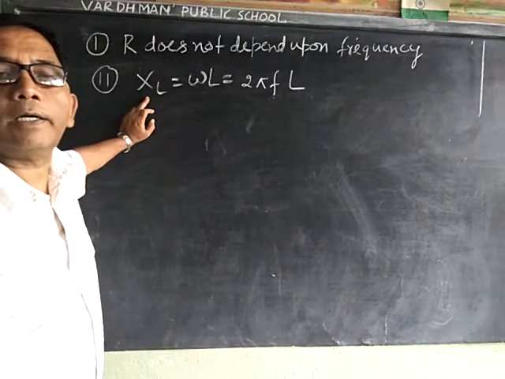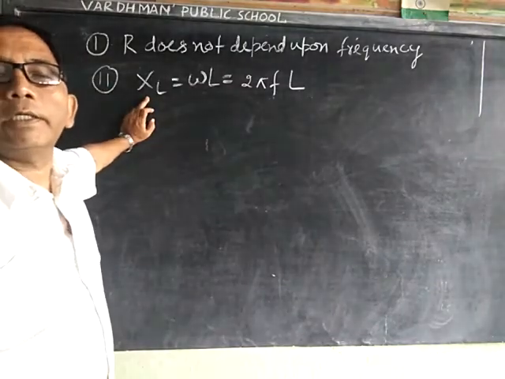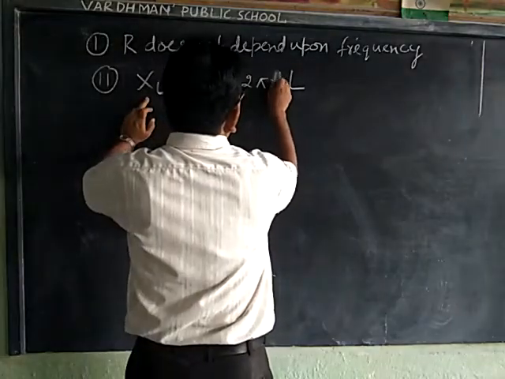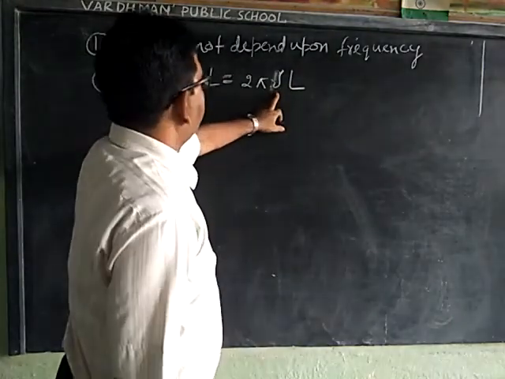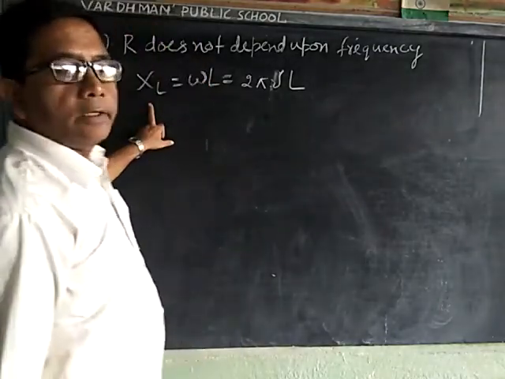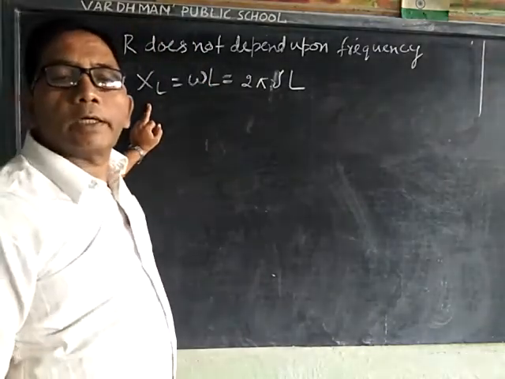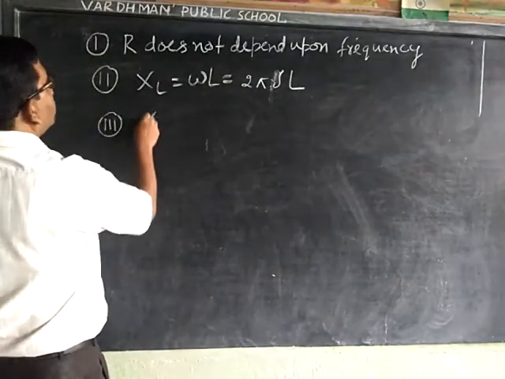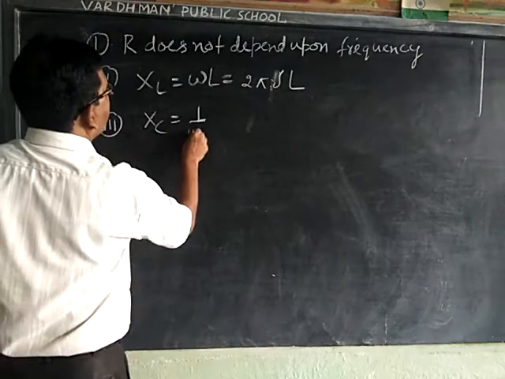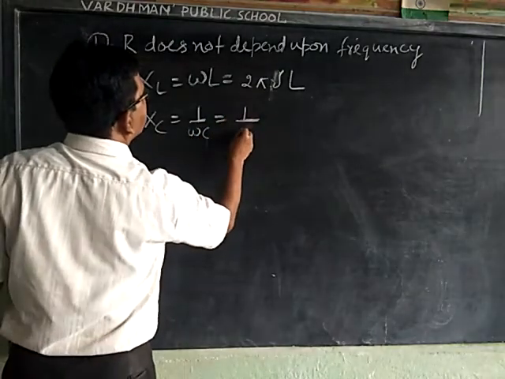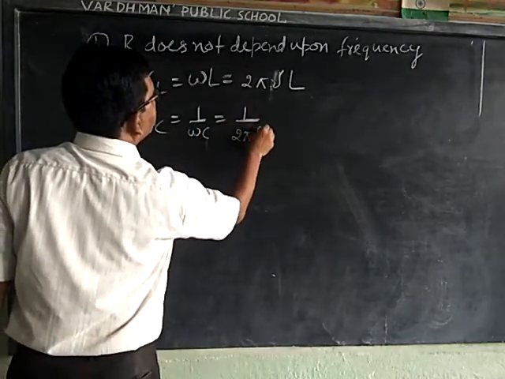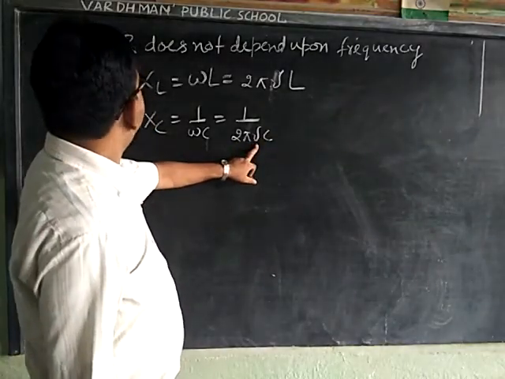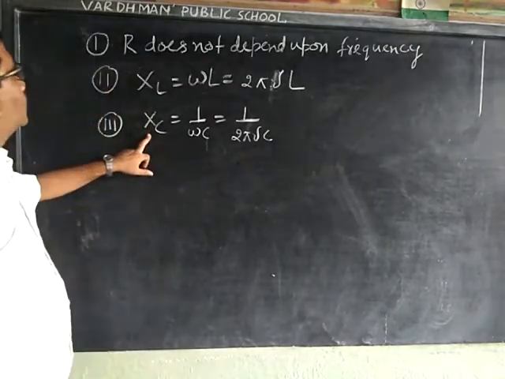On doubling frequency, in place of f we can also write nu. If frequency is doubled, then XL will double. Now in the third case, capacitive reactance XC is equal to 1 upon omega C, that is 1 upon 2 pi nu C. If nu is doubled, then capacitive reactance becomes,